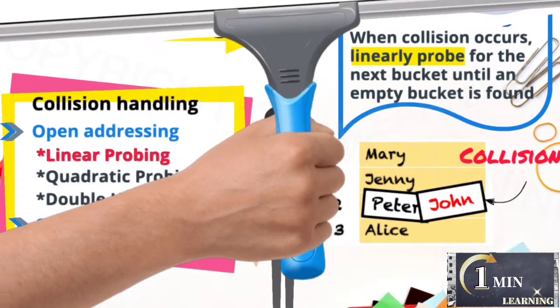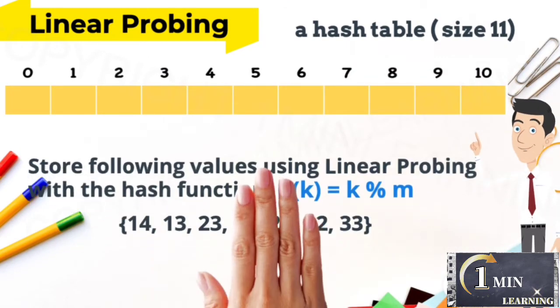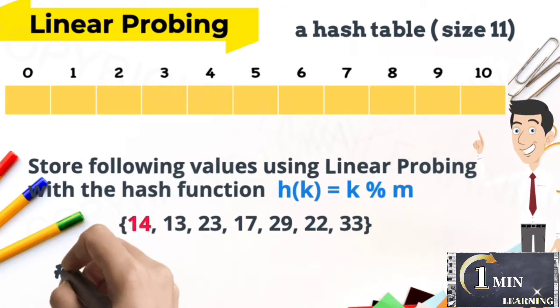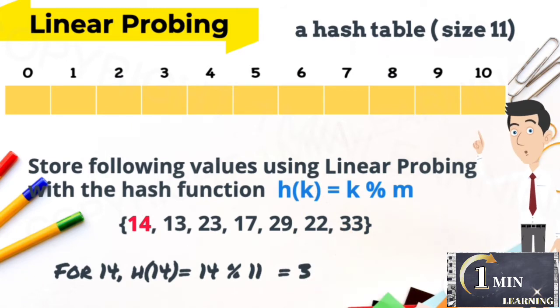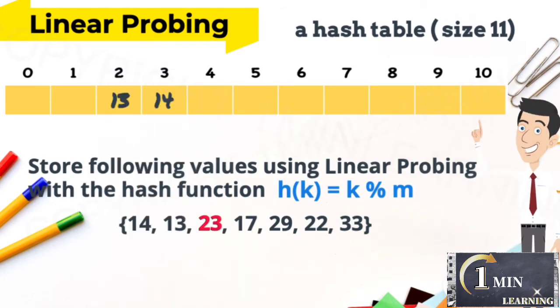For example, assume a hash table with a size of 11. Store the following values using linear probing with the hash function. First input data 14 returns the hash value 3, so it's stored at index 3. 13 at index 2, 23 in index 1,